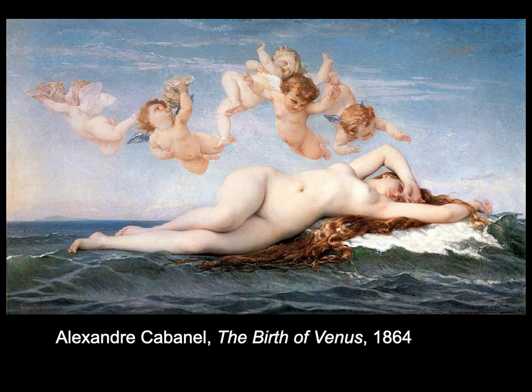And interestingly, they had a really strict hierarchy where they would rate the art, not based so much on the artwork itself, but more about the theme that it portrayed. So a very strict hierarchy. At the top was history painting. But this included religious imagery, or also included Greek mythology. So a painting such as this one would be at the top of the heap in terms of the Academy. Just below that was portraiture,